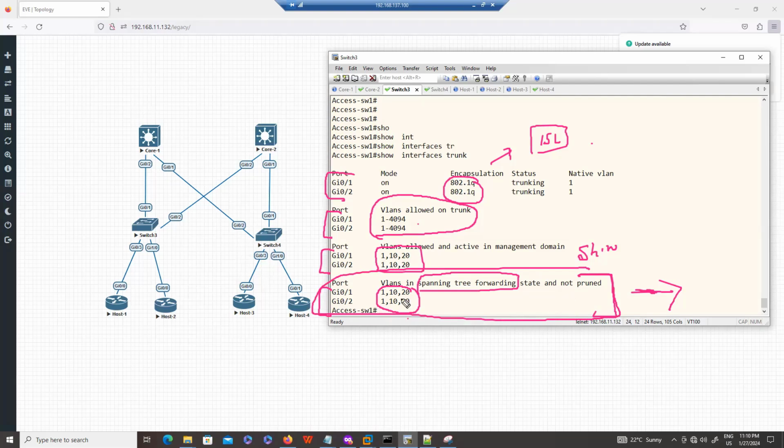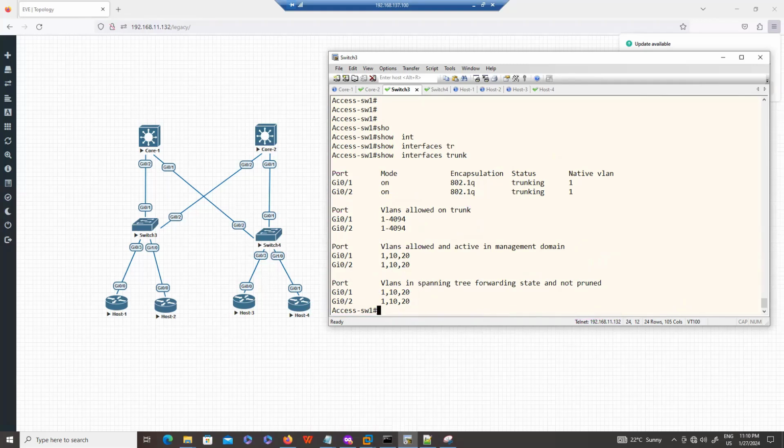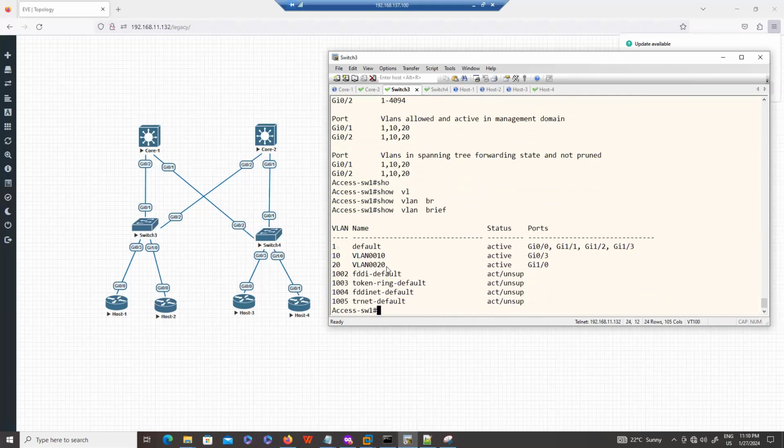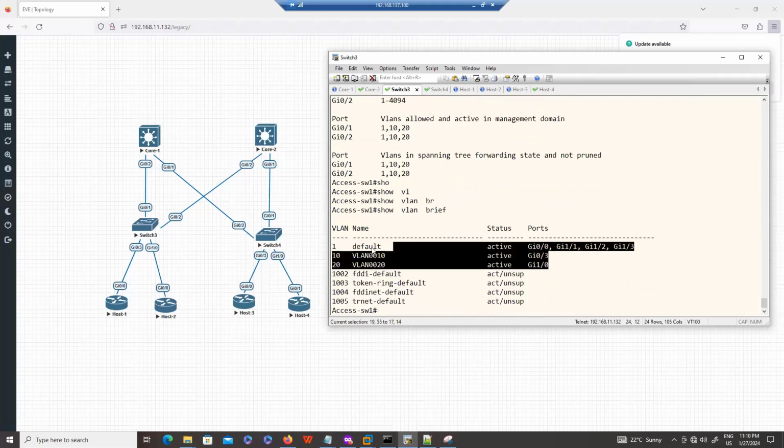Again guys, in show vlan brief, if you don't see a port here, you are not seeing the ports gigabit 0/2 and 0/1, that means they are not carrying a single VLAN's traffic. Those are the ports working as trunk ports. They do not participate in a single VLAN. They are basically forwarding traffic for multiple VLANs. So if you don't see your connected port here, that means those ports are working as trunk ports.